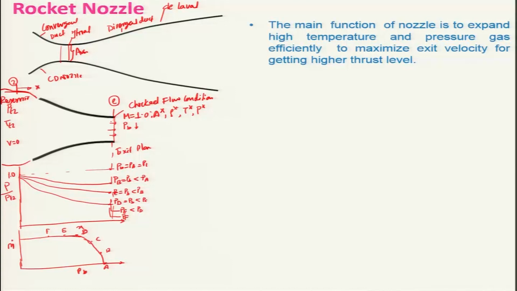And if you want to have a supersonic exit velocity in a nozzle, then naturally a convergent nozzle is not adequate. So therefore the convergent divergent nozzle is being used, and we will see why we are using that, and for that we will carry out an analysis, considering the flow to be isentropic. We will be making certain assumptions. Let us restate the assumptions we have made in a more compact manner. The assumption for this analysis